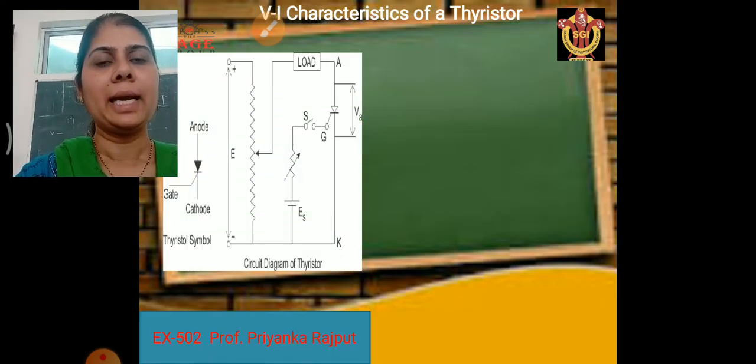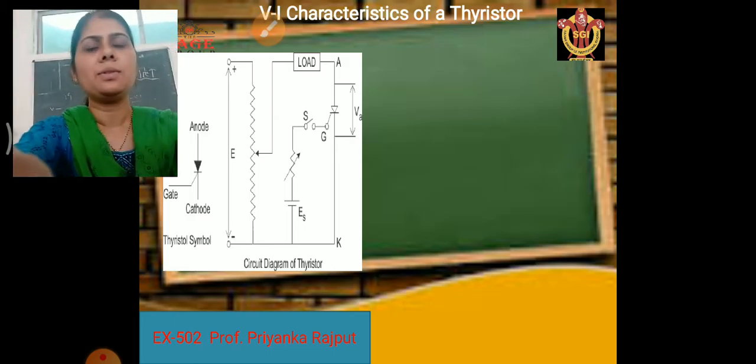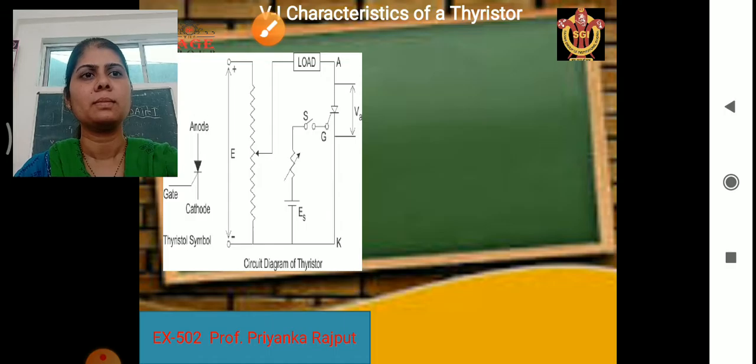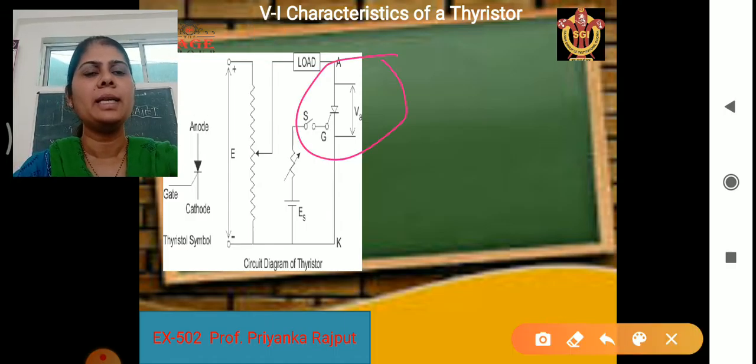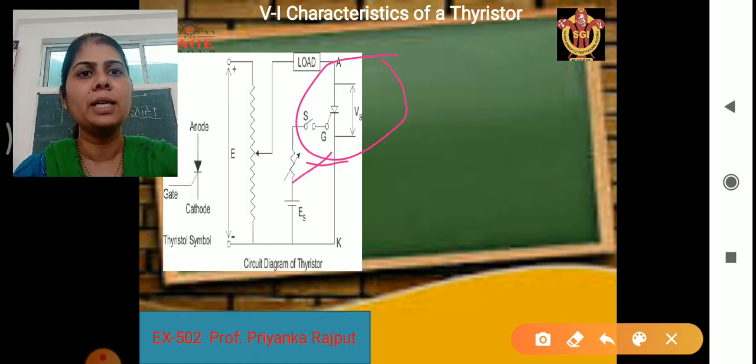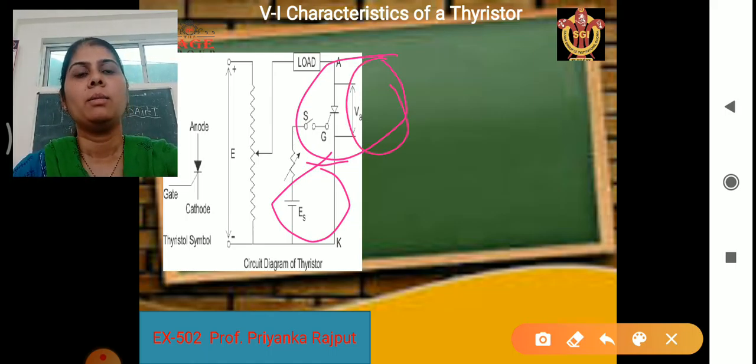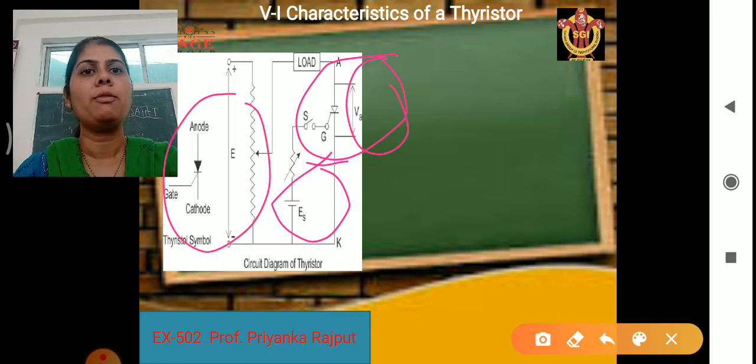This is a basic circuit diagram of SCR in which we can see the SCR connected. This one is the gate, which is connected to the secondary supply, which at that time is open, and this is the anode voltage, and IA is the anode current. This is the basic symbol of SCR: anode, cathode and gate.